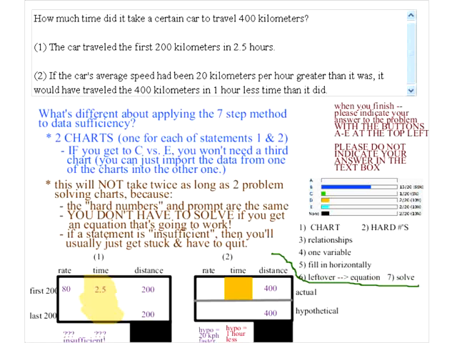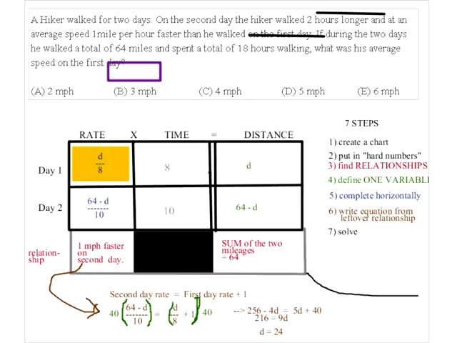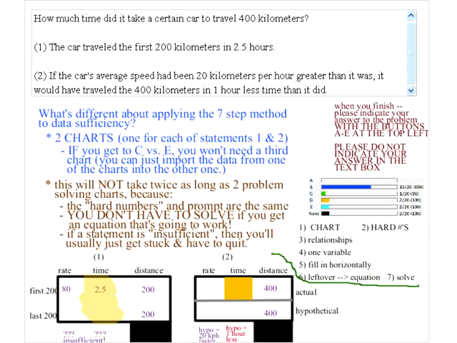Remember, we really don't want 2 variables here. In fact, in data sufficiency, you are much worse off with 2 variables than even in problem solving. Because here's the difference. If you can successfully use 1 variable, then as soon as you get an equation that you know you can solve, you are done. If you have 2 variables, you are actually going to have to solve the system, because with 2 variables, you can never really tell if you're going to get a solution or not.